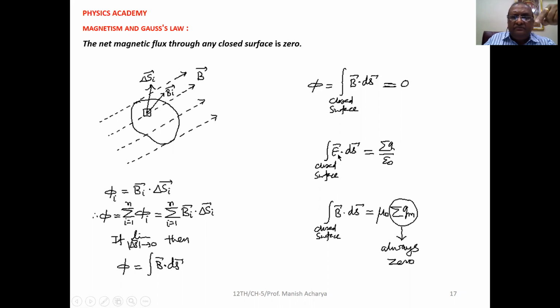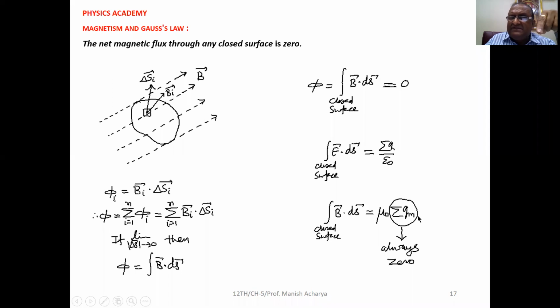Exactly like this, we write Gauss's law for magnetism. The integral of B dot dS over the closed surface is equal to, with the constant 1 upon epsilon 0 for electrostatics replaced by mu 0 in magnetism,